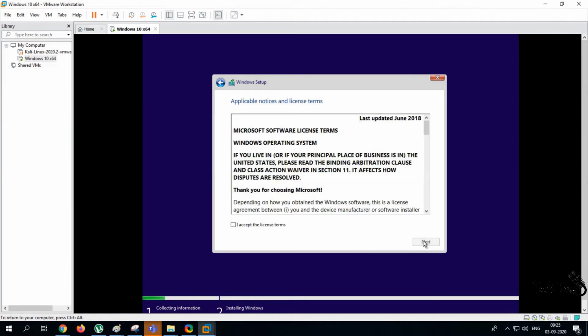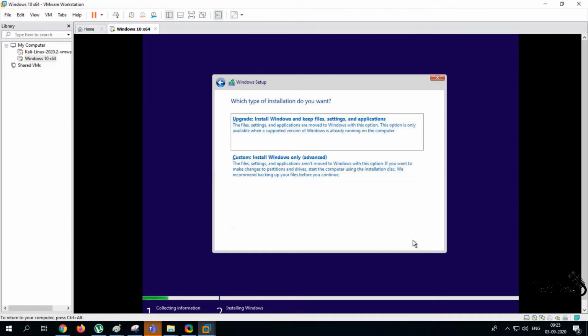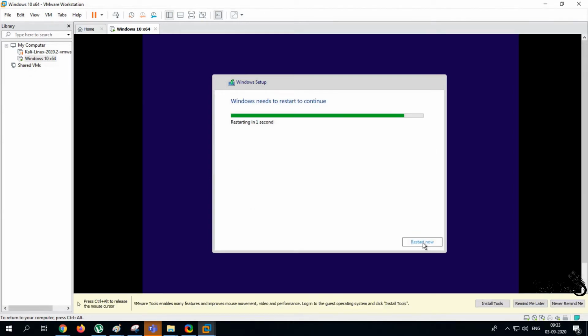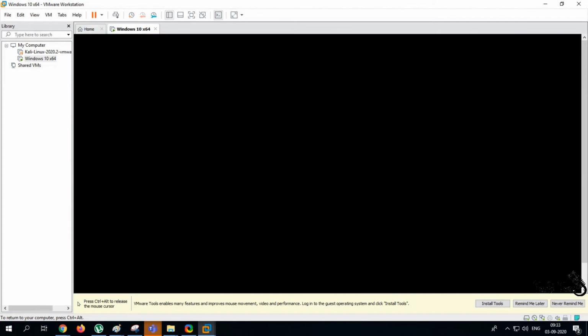I am selecting Windows 10 Pro and clicking on Next. Accept the license agreement. Use a custom install. Select the disk file path. This is a virtual disk created in the virtual machine. Once selected, click Next, and the installation process will begin. The installation has been completed. I have skipped the installation process because it takes too long to install.